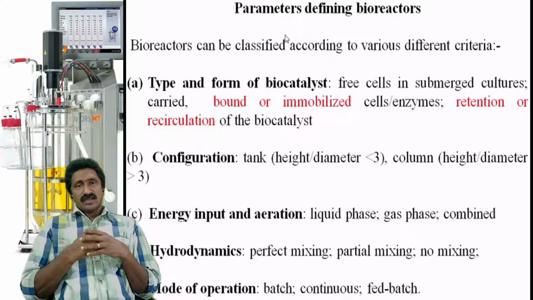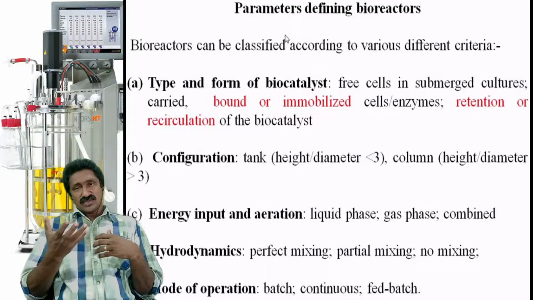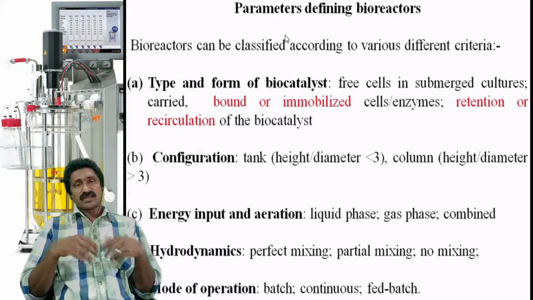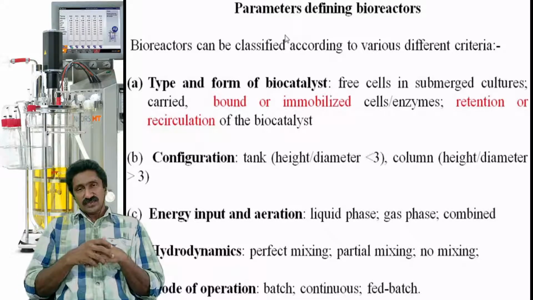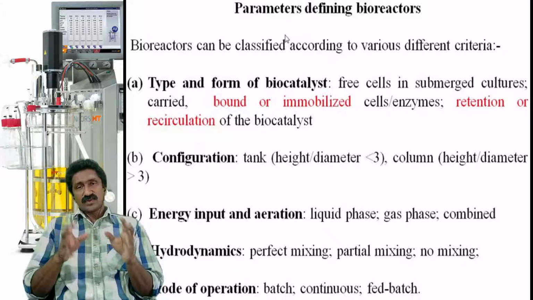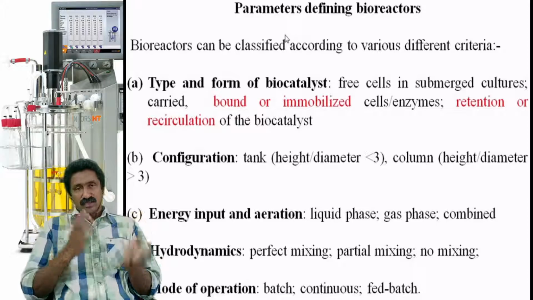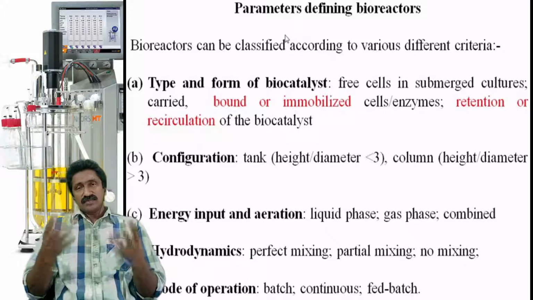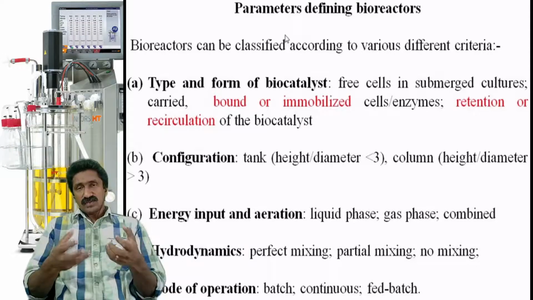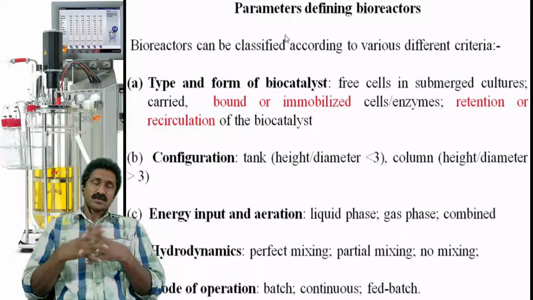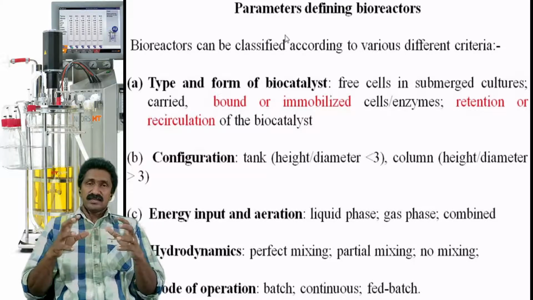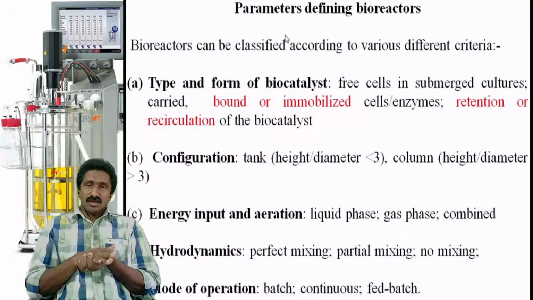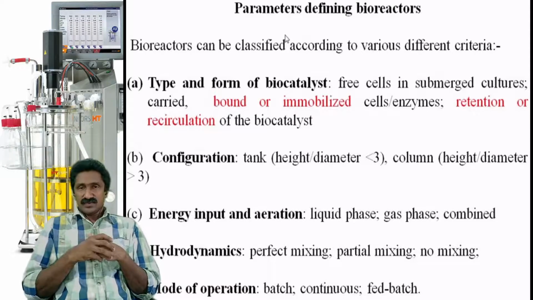Okay. Now, bound or immobilized cells. In that case, we need some retention or recirculation of the biocatalyst. For example, an immobilized system, where the cells will be fixed onto some solid substrate, some microcarrier beads, or some hollow fibers, or some other inert materials, or some packing beds. So wherever some solid support is available, you can bind the cells, which will enable the retention of the biocatalyst and also recirculation and reuse of that biocatalyst,